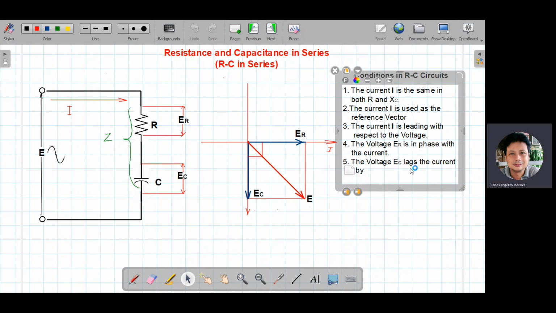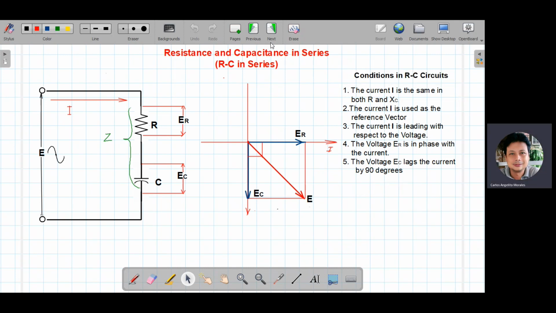Wait lang, edit ko lang ng konti ito. 90. Walang superscript kasi dito. 90 degrees. Okay. Then,